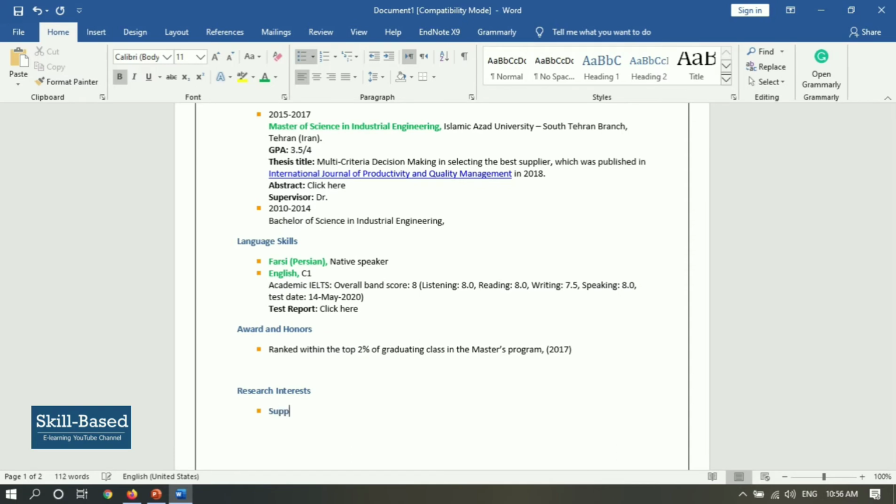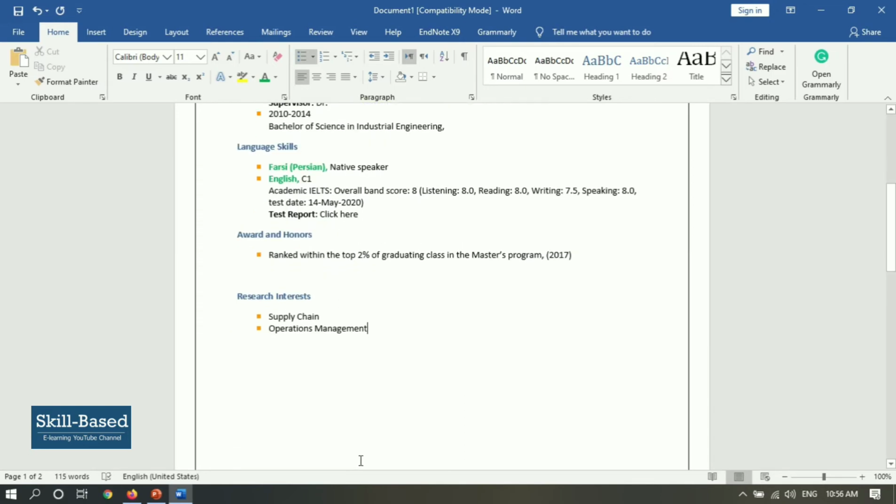Okay, for example, you could say supply chain. Let's also change the color. Supply chain or operations management and things like that. Okay, you can also go up to maybe 5 or 6 research interests, but don't go further because it wouldn't be really nice, because the professors would think that you want to add everything in your major to be categorized under their research interests. Okay, so the next thing is